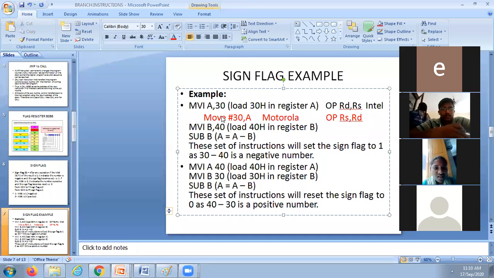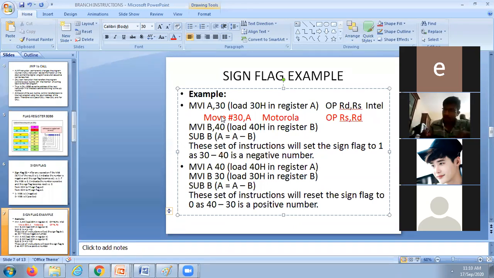Is it clear? In a similar fashion, whenever in the examination you find a question on instruction set, in the first two lines you mention the Intel instruction format is this, the Motorola instruction format is this, so that the examiner will understand that this student knows the concept. Understand? So obviously you will leave a good impression.